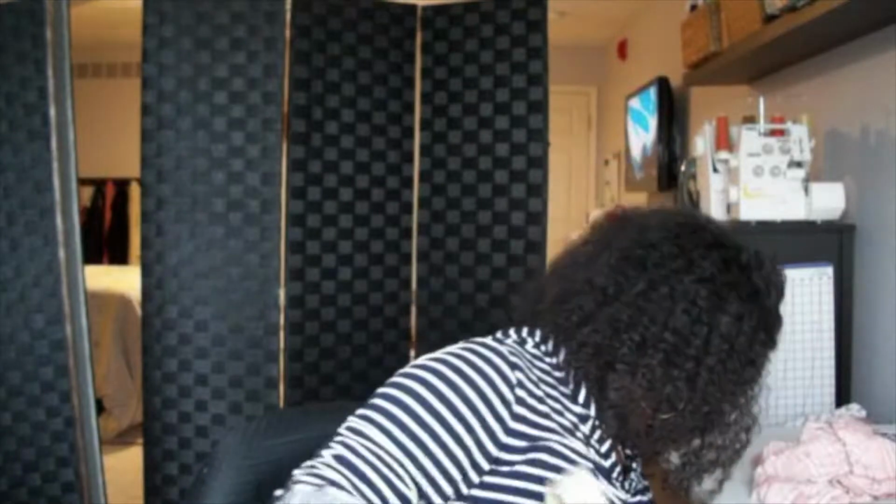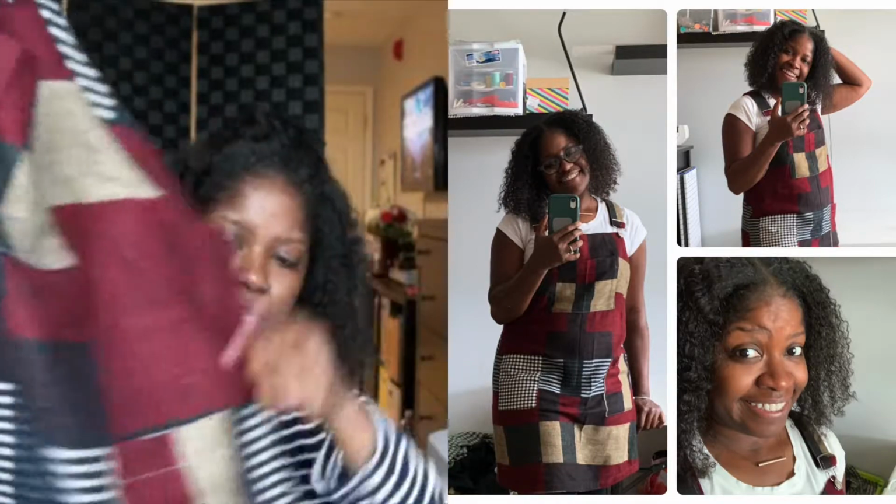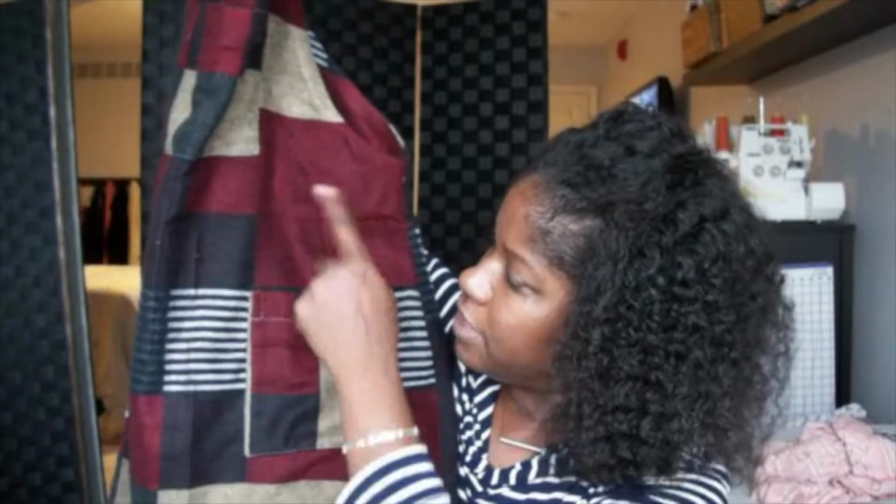Then I made 3 of these jumpsuits that I can't find the pattern for. It's a McCall's pattern. I'll find it and insert it somewhere. But I made 3 so far. I made it out of this. It kind of feels like a wool, but it's really soft. It's actually, I think, acrylic. I think I got this fabric from Joann, maybe last winter actually. And it has a front pocket, and I made this pocket out of the same material,